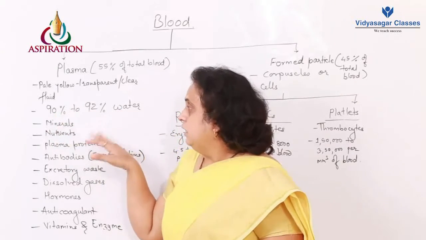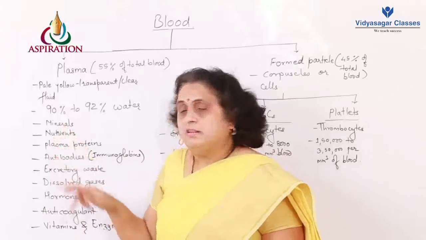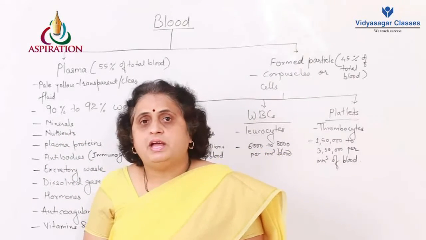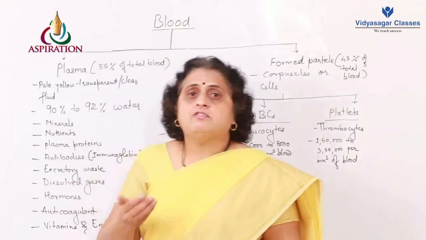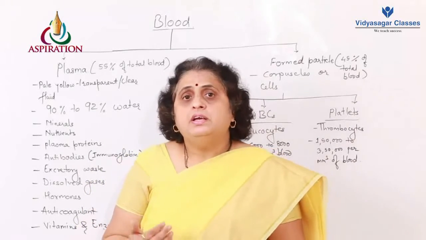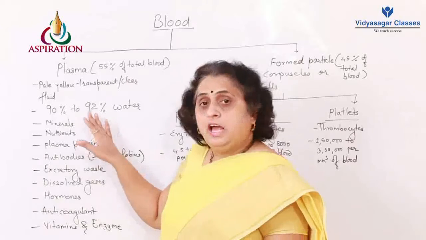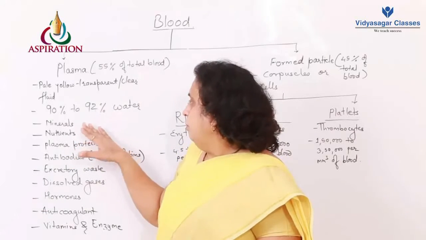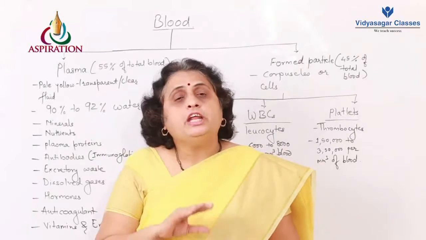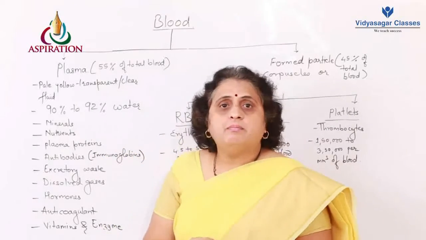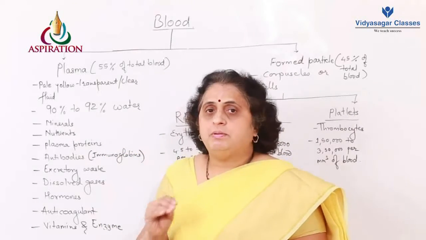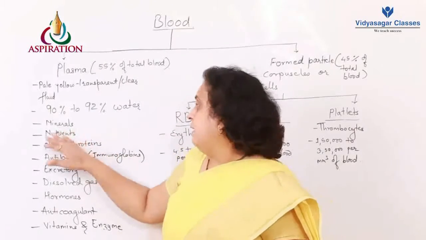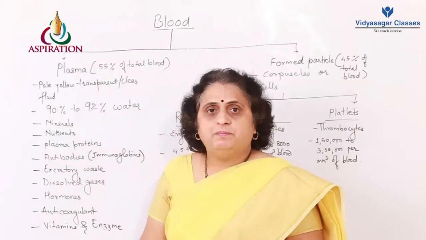Along with the water, we have minerals in the plasma. Generally, the salts are present in the ionic form. Potassium salts will be there, carbonate salts, bicarbonate, sodium. They are found in the blood in the form of ions, and this water helps in the ionization of the salts. So the minerals we are talking about are all the inorganic minerals that we find in the blood. It can be calcium, potassium, sodium. Even iodine can become an inorganic material of the plasma.